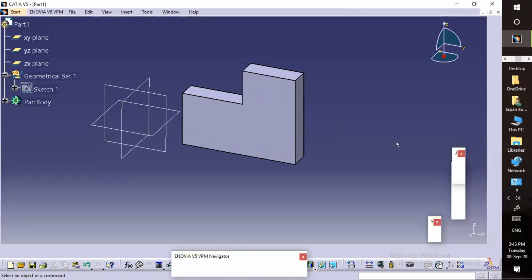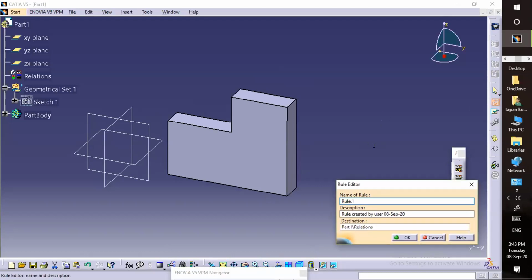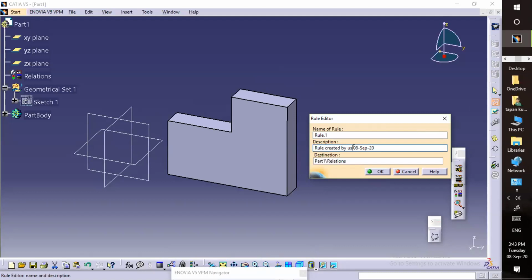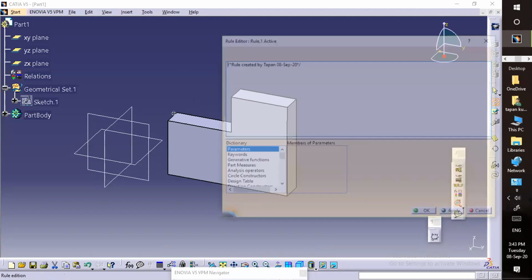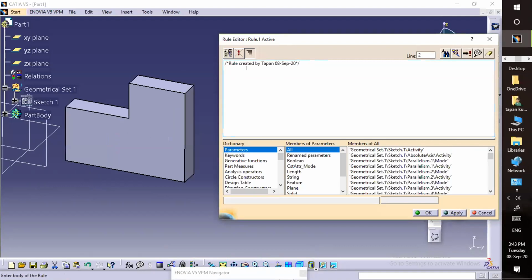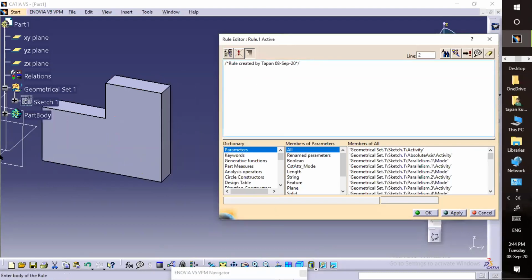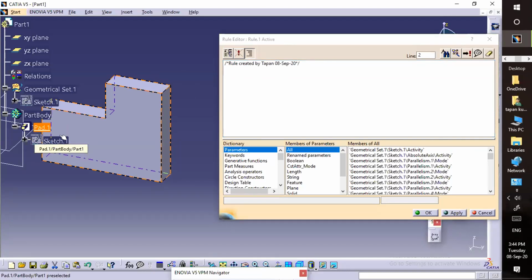Then you can see here on the right side, Rule is there. So click on that tool. If you want to give any name, you can mention your name over here. Then click OK. Now it is asking me to write the script. Whatever script I write will execute on this model. So here my script is how to change the material. It's very easy to understand, so please make sure you listen properly.